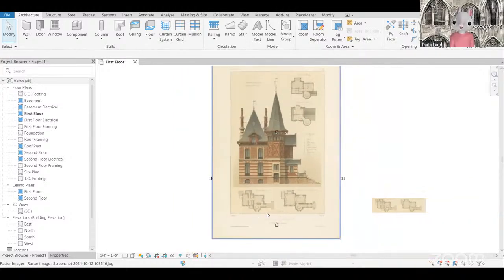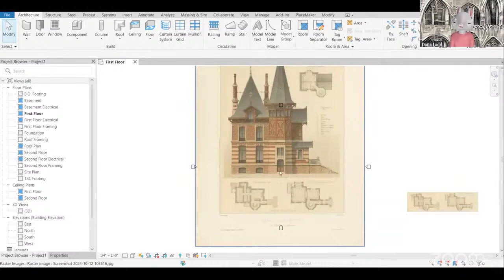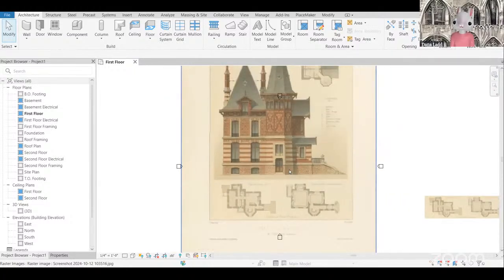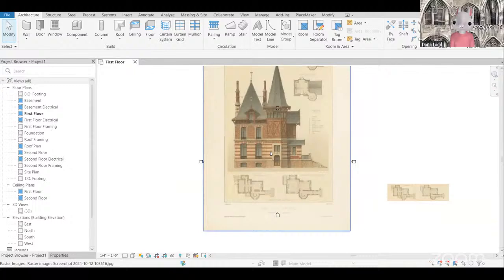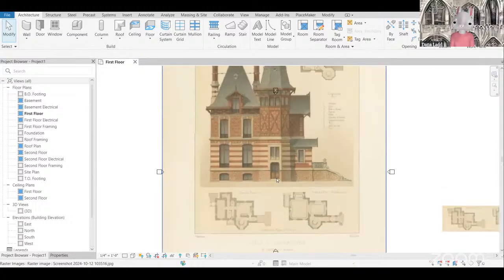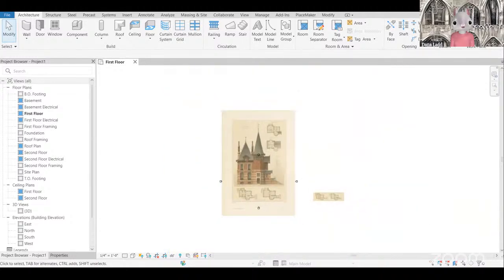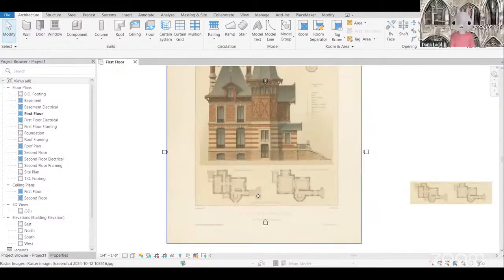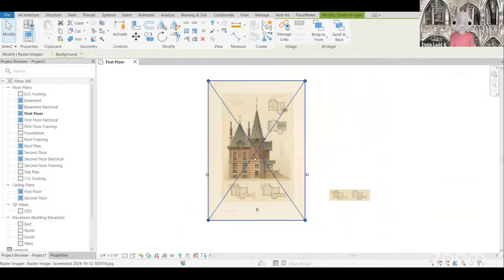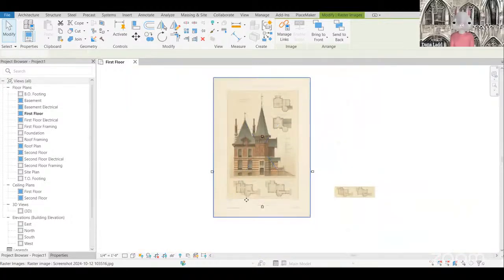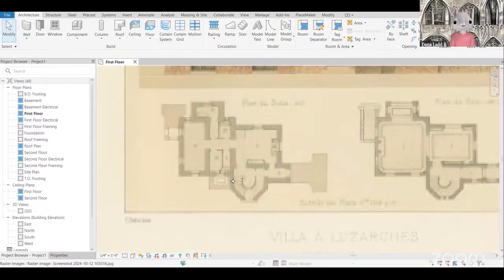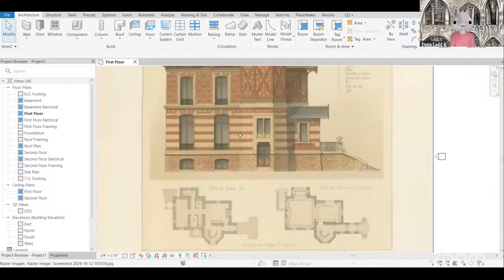Also keep in mind that these are going to be a different scale than such and such. So keep that in mind. Okay, so are we going to be modeling from the plan or the elevation? So if this is now 4 feet,